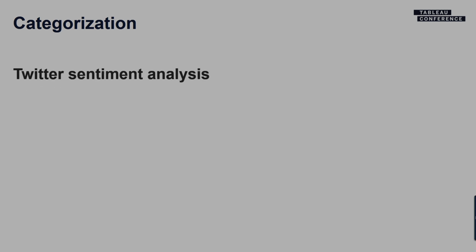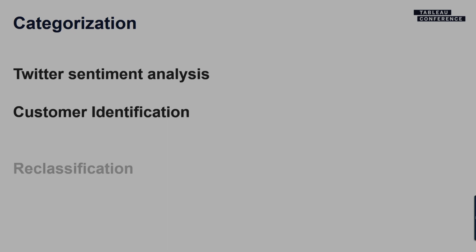For instance, the Twitter sentiment analysis component that we did with Python was a good example of something where we could have written those results into the data source. No matter how many times you look at a particular tweet, you're not going to reclassify its sentiment unless you run an entirely different algorithm or a different type of neural net. You might also think about cases where you want to identify certain attributes of your customers that are not dependent upon what you happen to have in the dashboard or in your view at any given point in time.